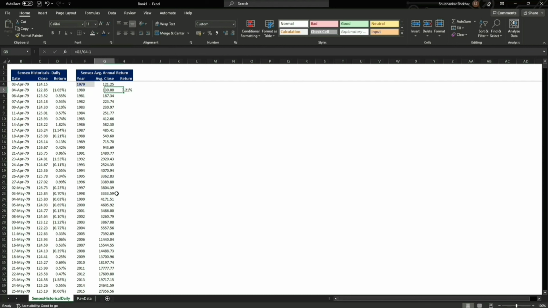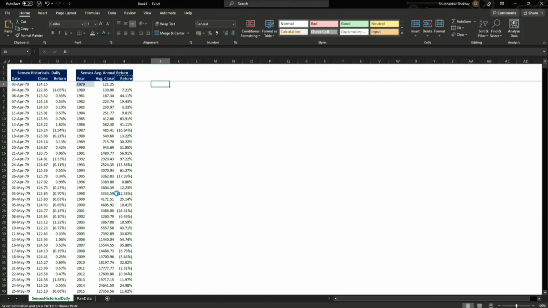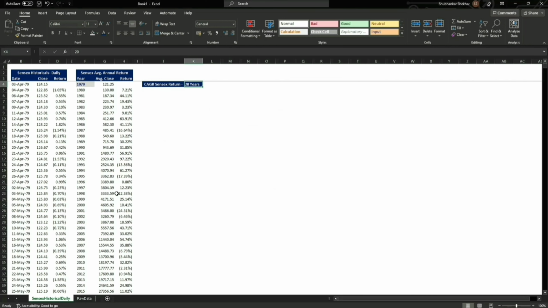Now we are going to calculate the annual average return, right? We're going to copy this here, format this as 4. Here we're going to write CAGR SENSEX return space hyphen space, right? And here we are going to write 20, and this will be, I'm going to format this as 0. Here's enter, right?